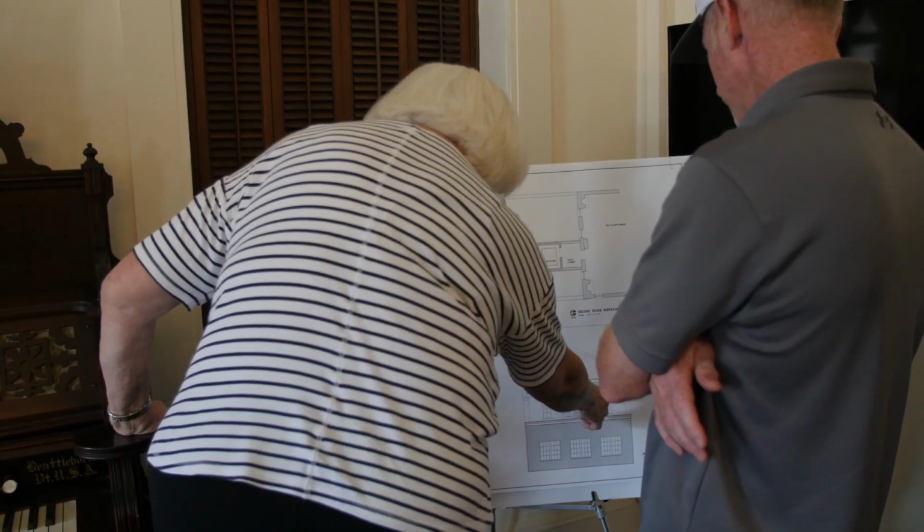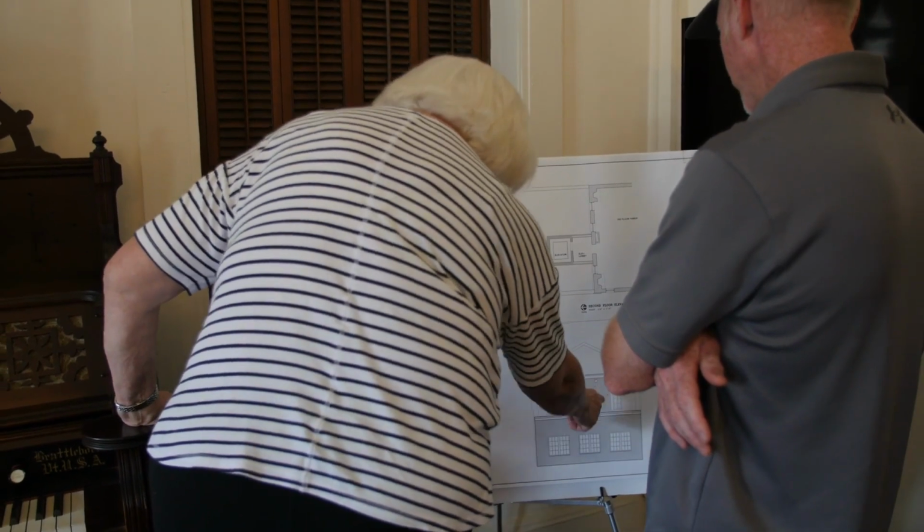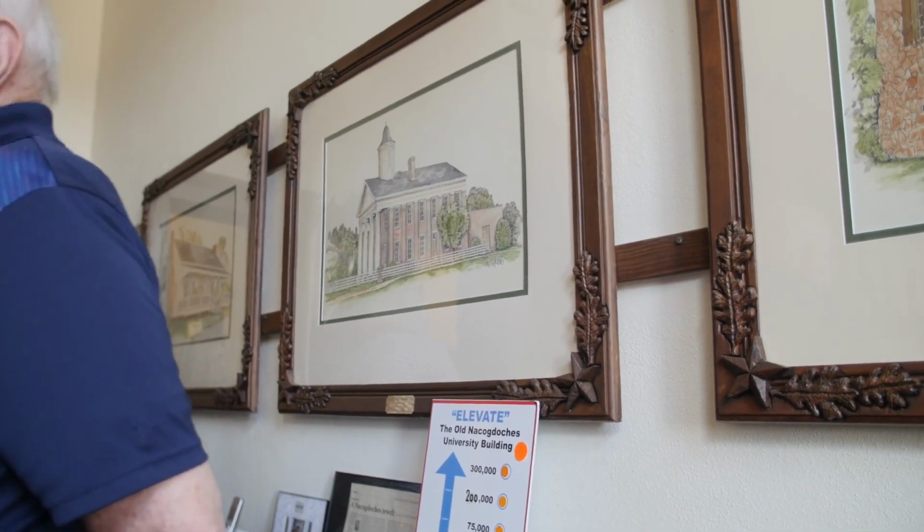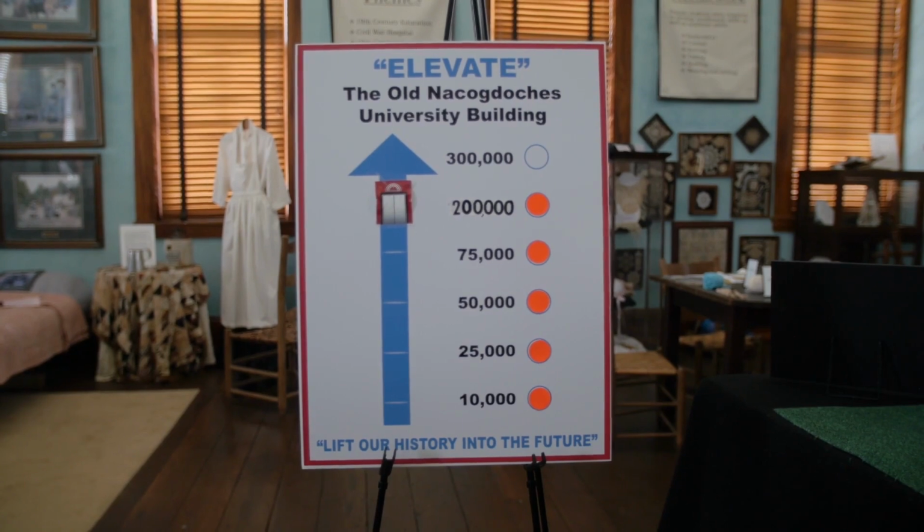So this building, as it gets a restoration, will maintain its original face, but we're going to add some new stuff to it. We're going to add an elevator, a new meeting room, some much needed storage, and probably one of the coolest things I found out today, and I can't promise for the days that we're going to have the show, is